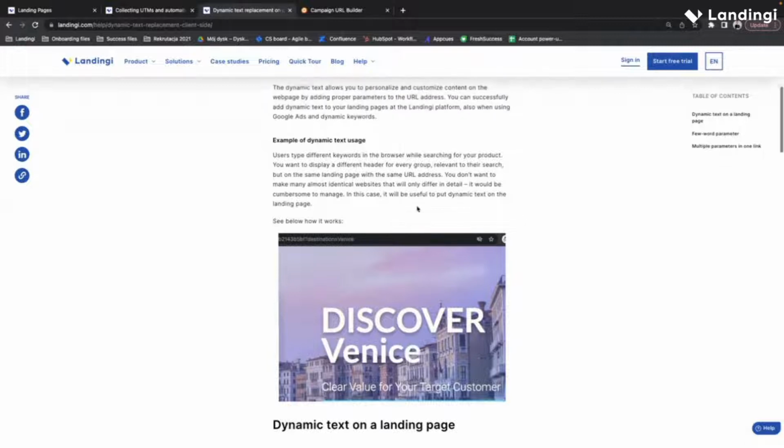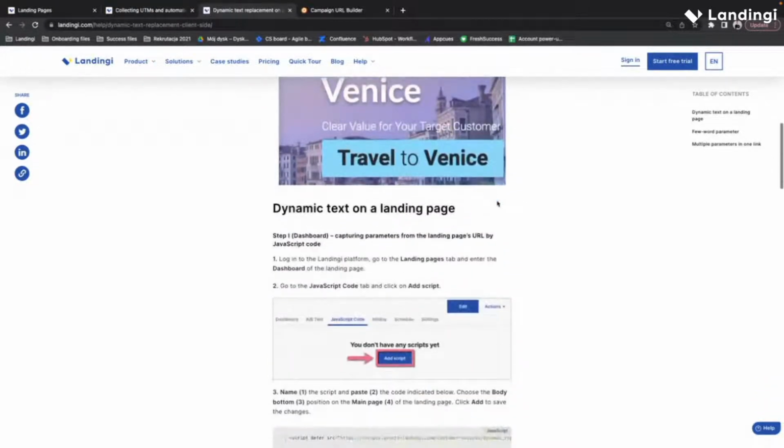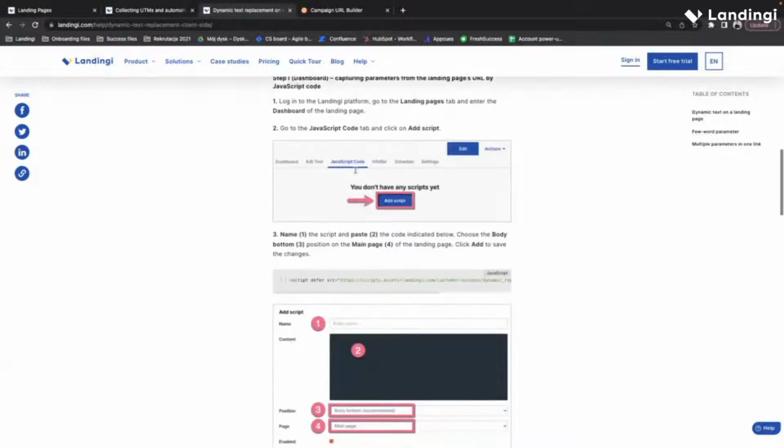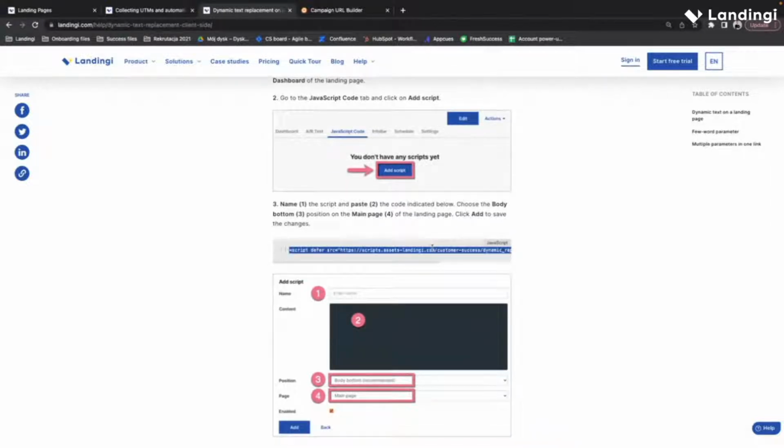After some theory at the very beginning, let me go straight to the configuration. I just need to go to my landing page dashboard, my landing page JavaScript tab, and paste some JavaScript already prepared. So you don't need to have any coding knowledge or skills.